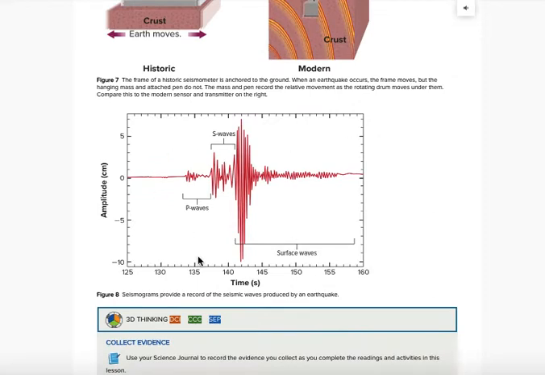So it prints off this seismogram, and the larger the wave, well, the wave size is measured in something called an amplitude. So a wave like this has a really large amplitude, and here's a P wave that has a very small amplitude. So even though surface waves, that's these waves here, are the slowest waves to be felt or to come,